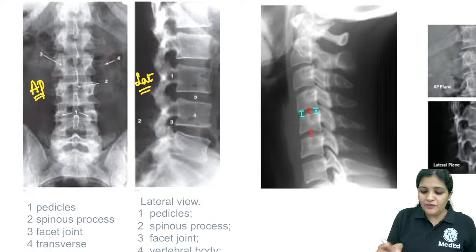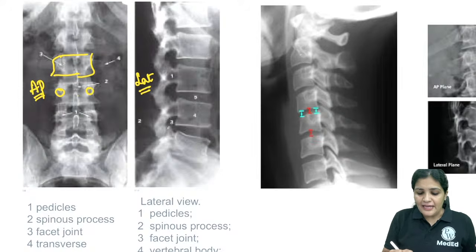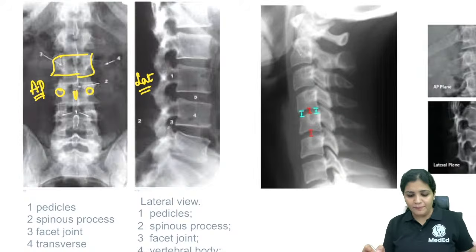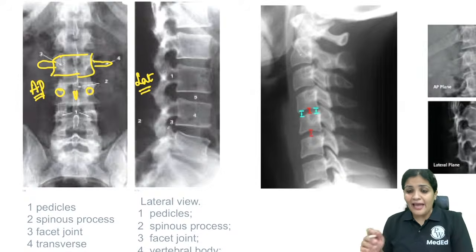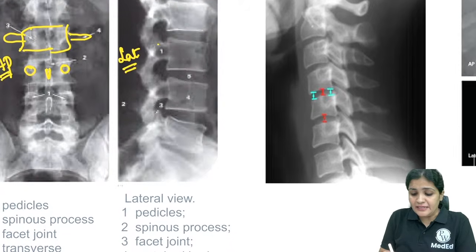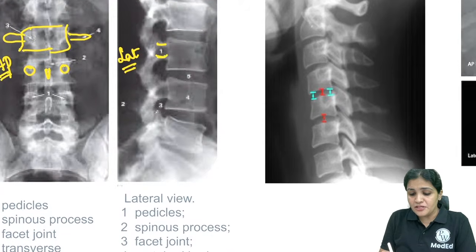In the AP view you can see the whole of the vertebrae, and clearly you can see these two are the pedicles, and in the center is your spinous process, right? So you have the pedicle, the spinous process, and here you will have the transverse process like this. And on the lateral view, this is your pedicle,